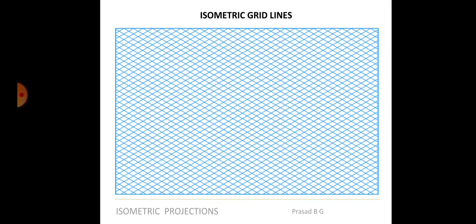Now if you are not using the sketchbook, if you are drawing it on a plain sheet, for whatever reasons, you don't have your sketchbook, either you have left it in the hostel or whatever, you also can draw. There's no problem in drawing isometric. Only thing is that you don't have the grid sheets with you, but you have to take the distances and angle properly. So you will take a plain sheet and draw one horizontal line as reference. From there, first you will draw a thin line at an angle of 30 degrees on either side, 30 degrees on the right side and 30 degrees on the left side.